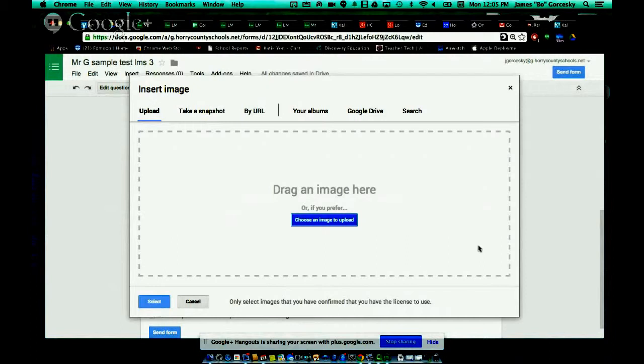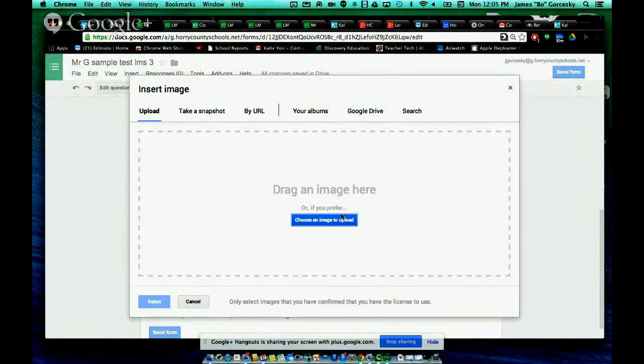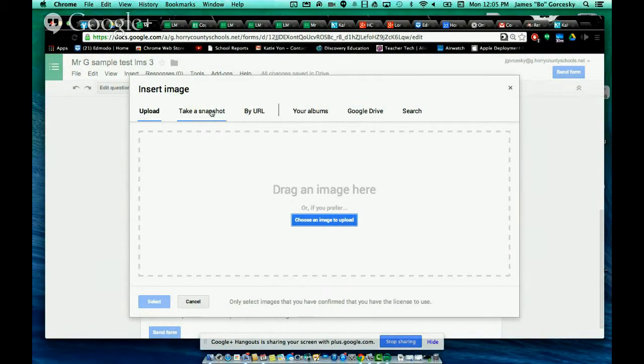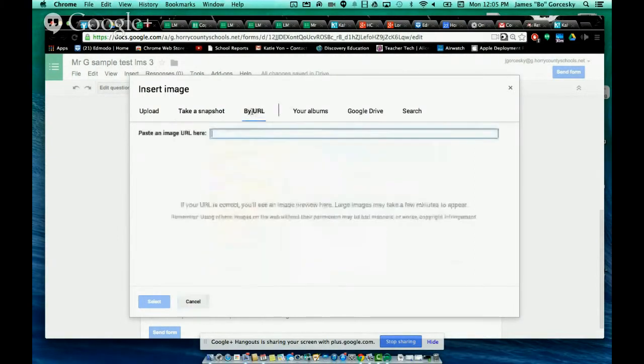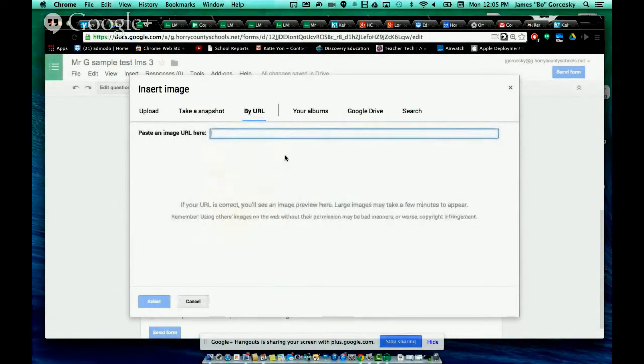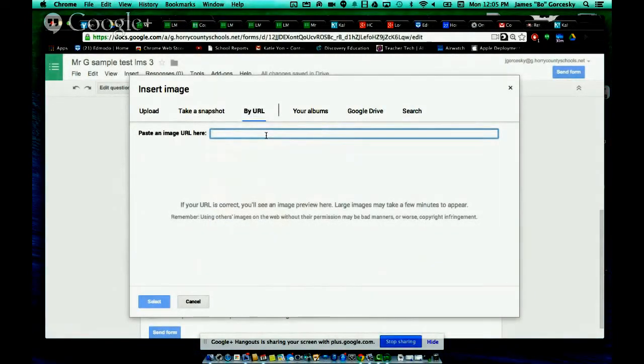If you have a picture stored locally on your computer, you can upload it from your computer. You can use your snapshot. You can take a picture of yourself with your webcam. If you know the URL of a picture, you can do that. But what you're not able to do is just go to any old picture and right-click and